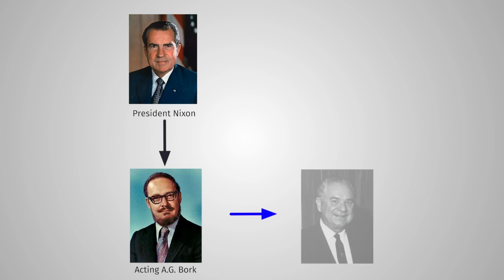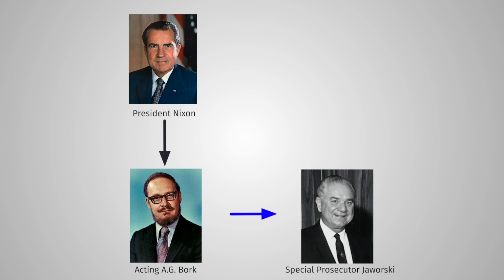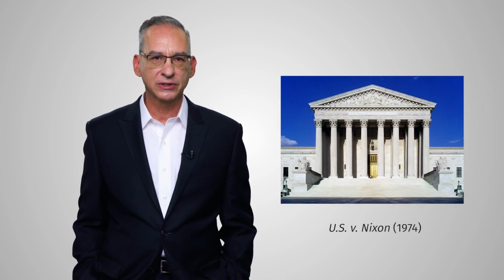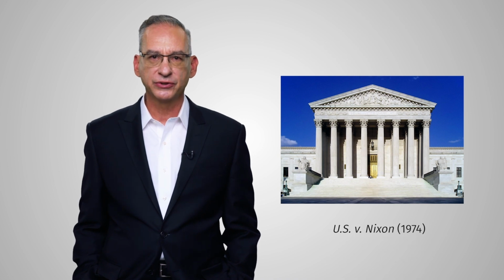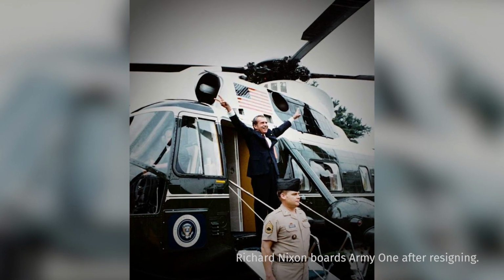The saga was far from over. Shortly thereafter, Nixon authorized Bork to appoint Leon Jaworski as a new special prosecutor. In turn, Jaworski issued a subpoena to the White House for the secret recordings made in the Oval Office. After receiving the subpoena, President Nixon refused to produce the tapes on the basis of executive privilege and the separation of powers. On July 24, 1974, the Supreme Court ruled unanimously in United States v. Nixon that the president could not block the subpoena. Facing disclosure of the recordings, 3 weeks later, Nixon became the first president to resign from office.